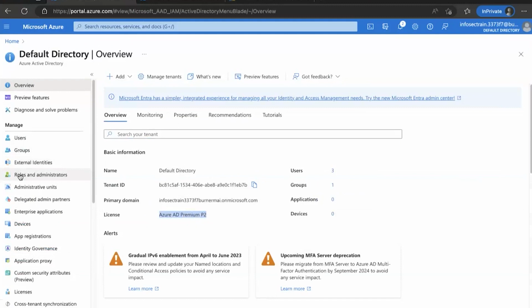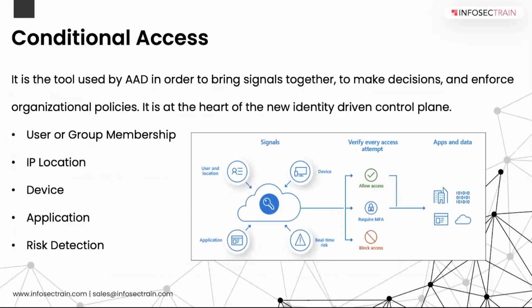What else? I will just give you another idea over here, right? So in these slides, the next thing is going to be your conditional access policy, or what we call a CAP. Okay, conditional access policies over here. Now, what we are going to talk about is this feature.